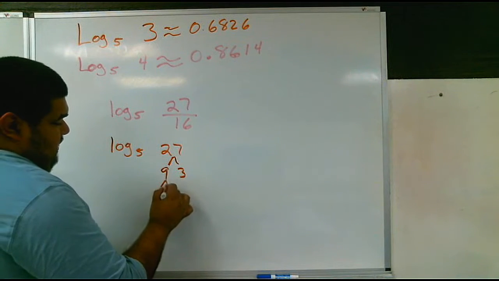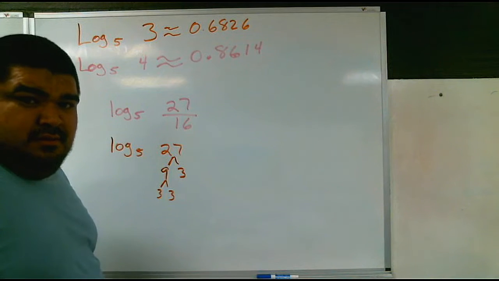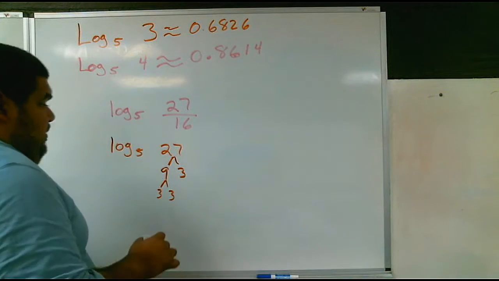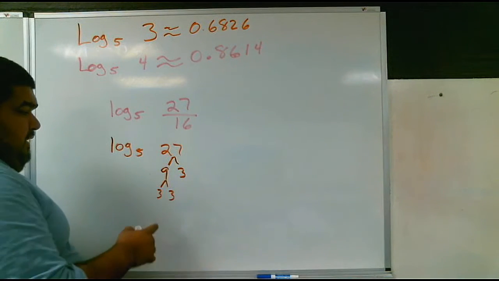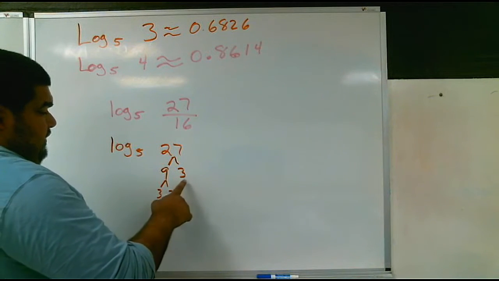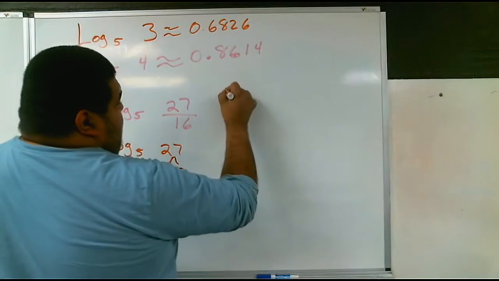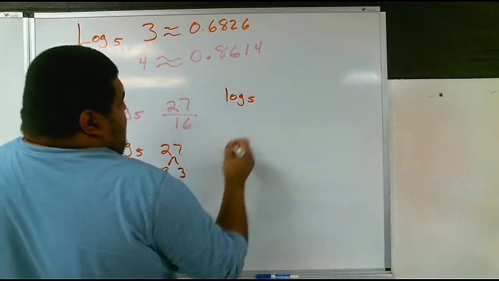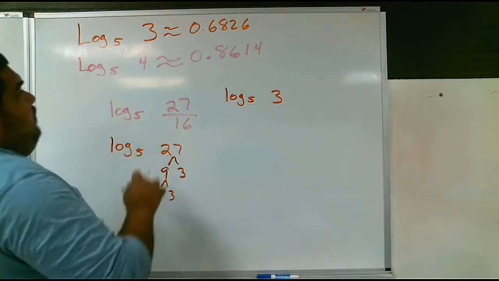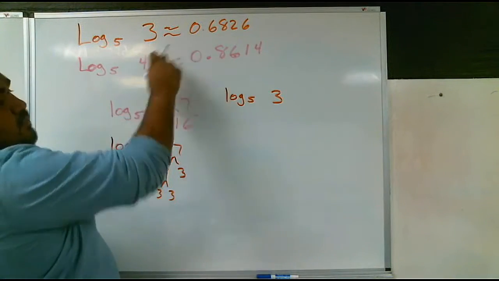What gives us 9? 3 and 3. Okay? If you guys remember, it's like saying 3 times 3 times 3. So what we're going to do is we're going to have log of 5, 3, which in this case, we already have the answer for, remember, it was given to us,